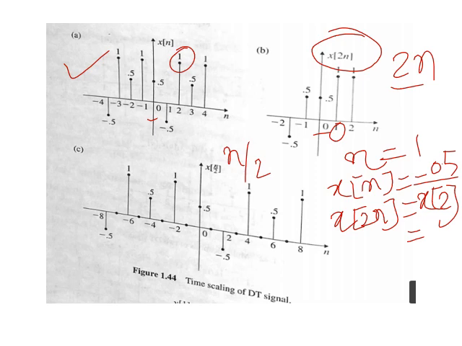Okay, so this is known as the signal compression. Similarly for the negative part, at minus 2 originally minus 0.5, but when we use 2n, minus 2 is replaced by minus 4. Why minus 4? Because of this 2n. So minus 4's amplitude is minus 0.5. See, in the resultant you will get here minus 0.5 and so on.